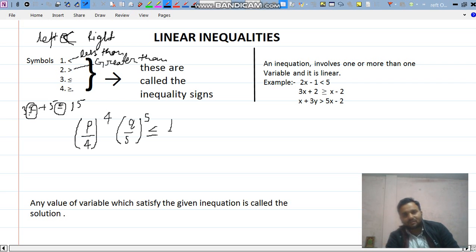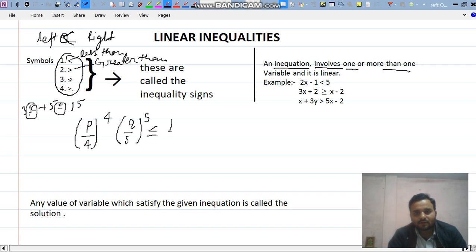But when we include these symbols, then it becomes a linear inequation, and these linear inequations can be of different types,